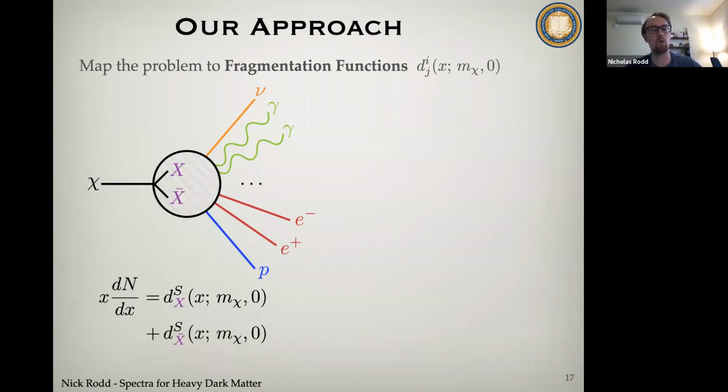In particular, and I won't go through the details here, but as we review in our paper, what you can do is you can rigorously map, at least to some level of accuracy in your calculation, what we're doing here of calculating the spectrum to these fragmentation functions. So if I imagine that the initial hard process is the dark matter decays to some X X-bar, for example, this could be nu-bar, but it really could be two arbitrary states in the standard model, then what I need to do is calculate the fragmentation function for X evolving into some state of interest. S could be a photon or a neutrino, for example, and also X-bar, combine the two, and that's the